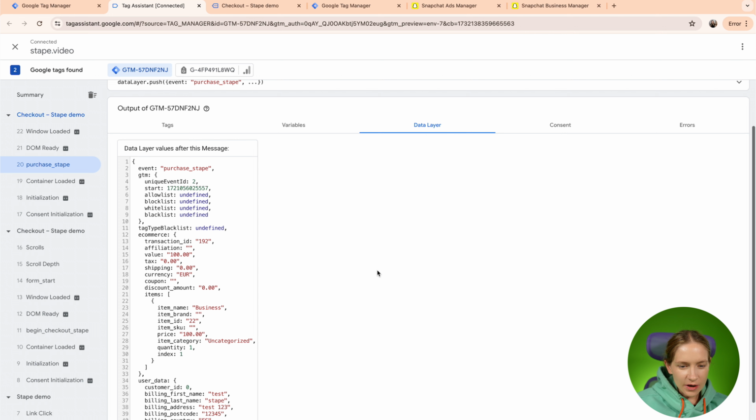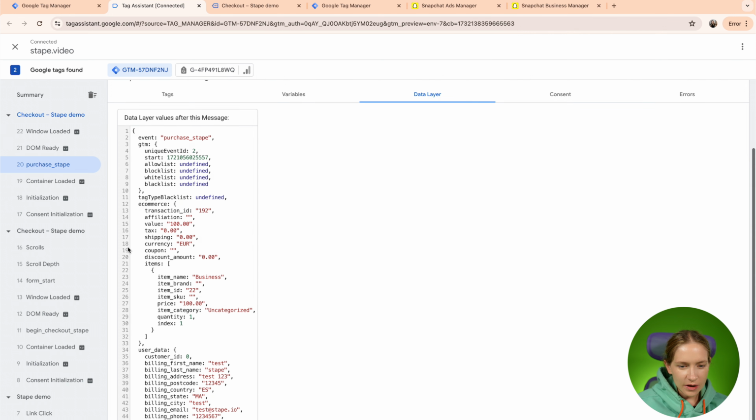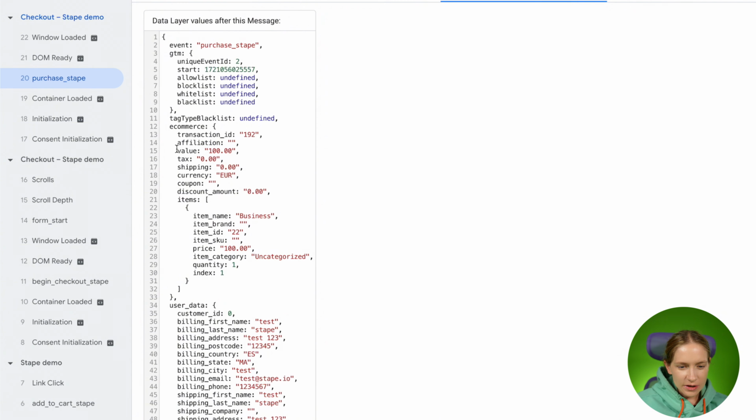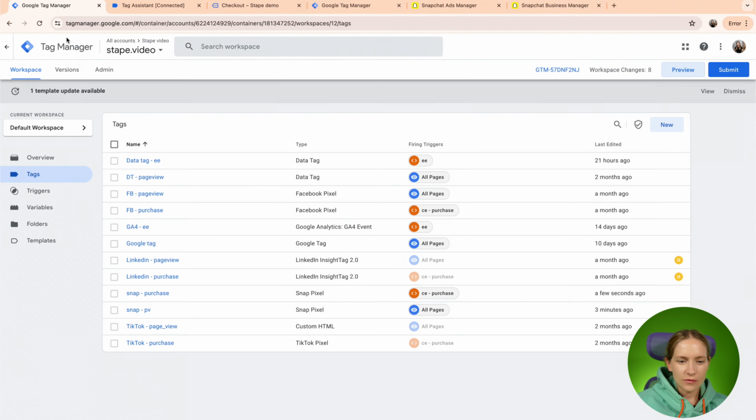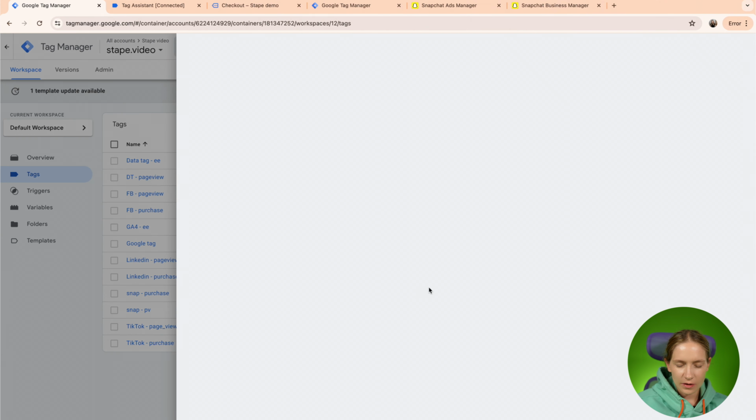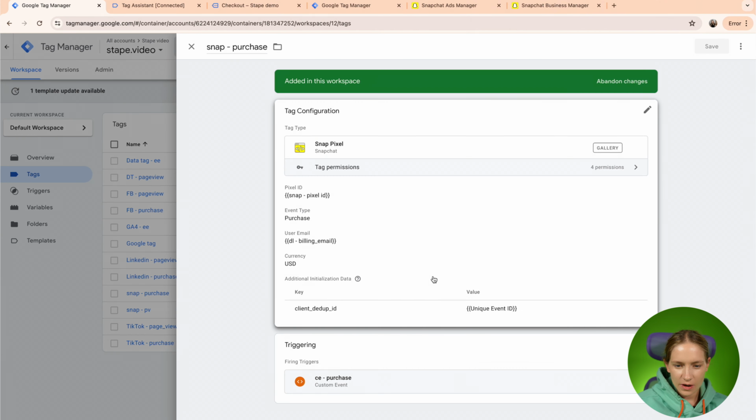As you can see here, the value of the transaction lays here. So basically it's under e-commerce.value. So let's go to WebGTM, and I will open Snapchat purchase tag, and let's create a variable